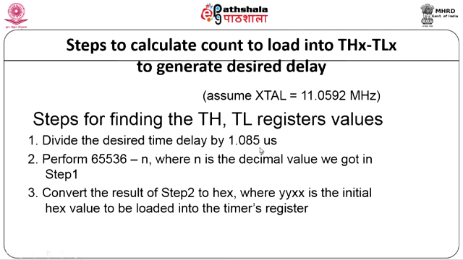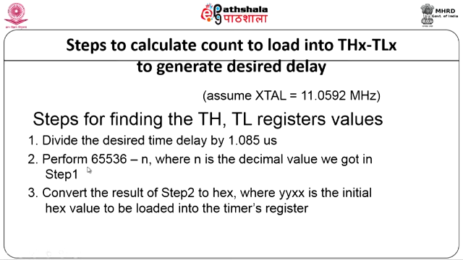It takes 1.085 microseconds, which we have already found. So, with this you should be in a position to understand what number I have to load into my register, so that it can do a particular delay for a particular time only. For that, first divide the desired time, maybe 10 microseconds, by 1.085 microseconds, to find how many clock cycles I have to wait.